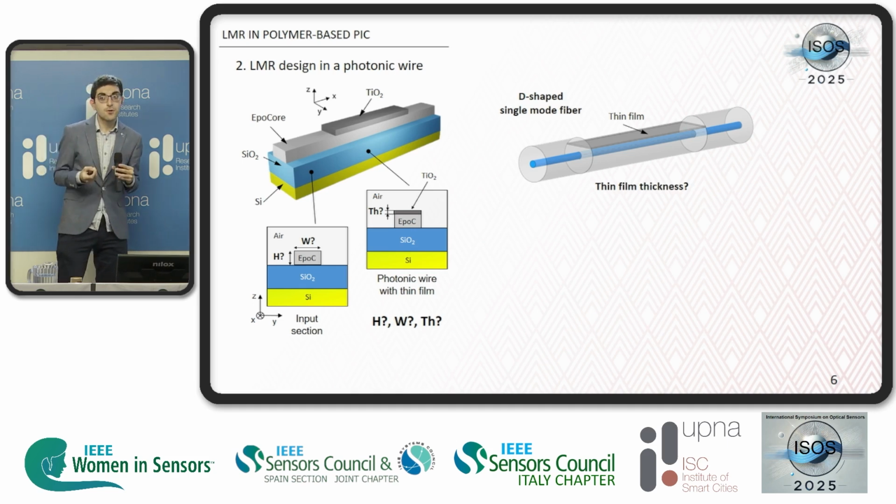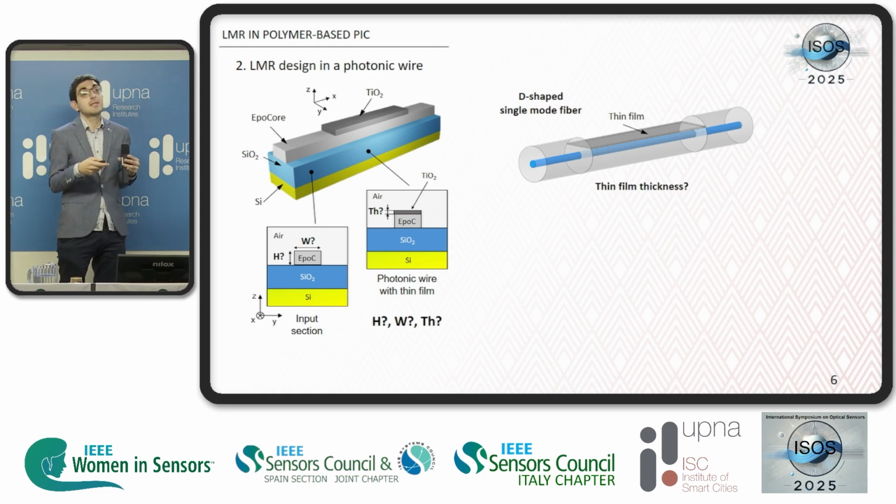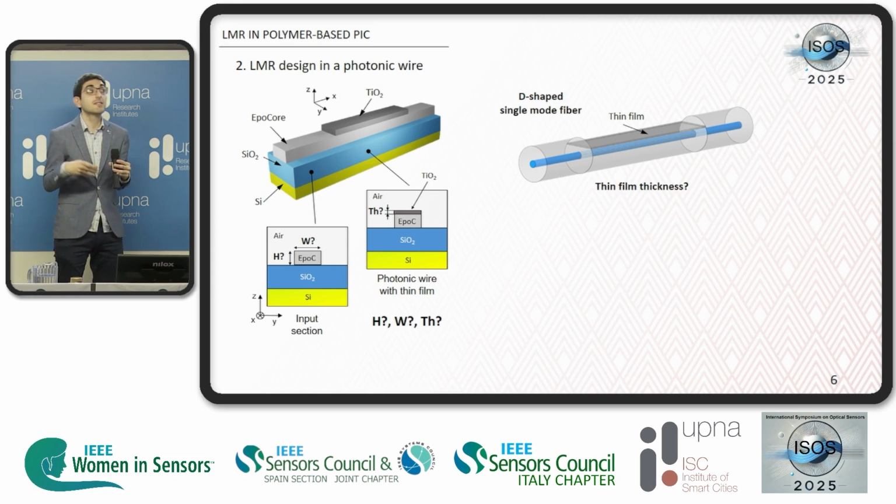In integrated photonics, usually the height of the waveguides is fixed by the commercial foundry where you manufacture them. Here we are trying to do that ourselves, so it's another degree of freedom. And the width is usually selected to have single mode waveguides. But here I have been simulating, and I'm not so sure that single mode waveguides are the best solution for